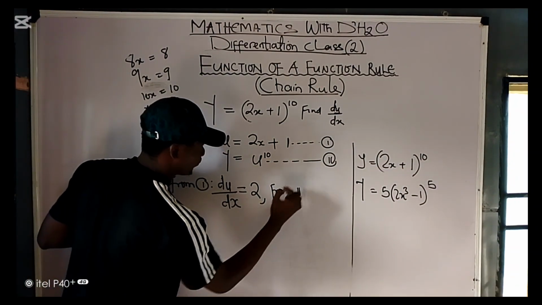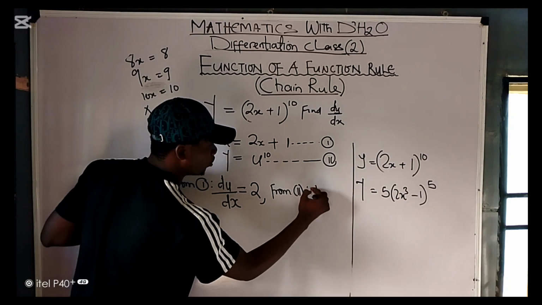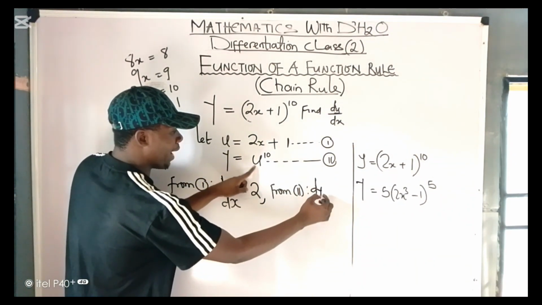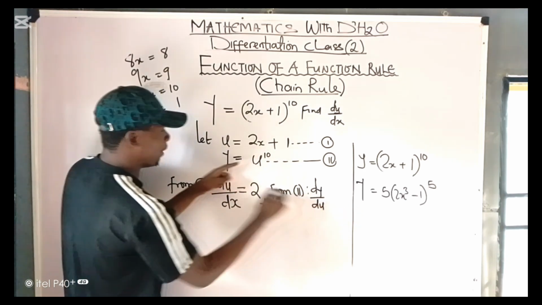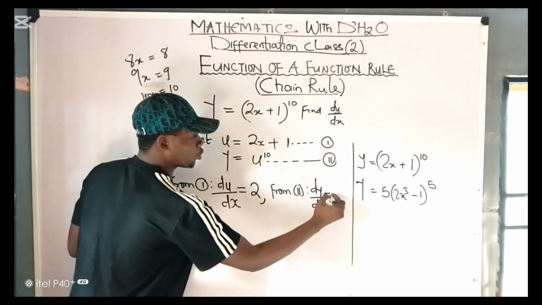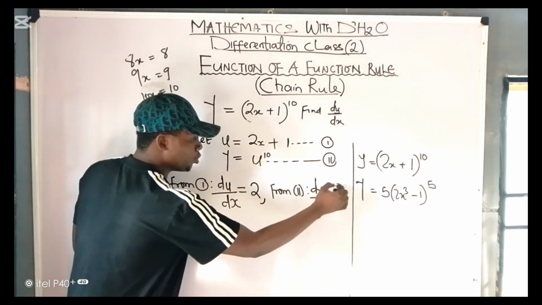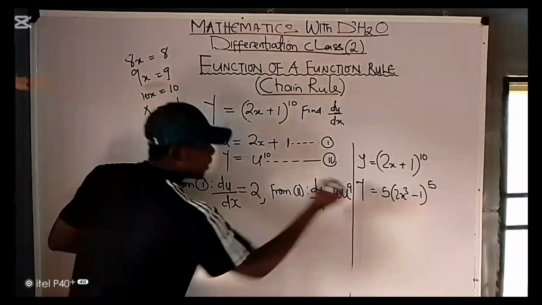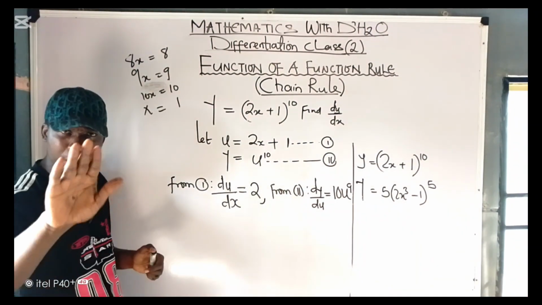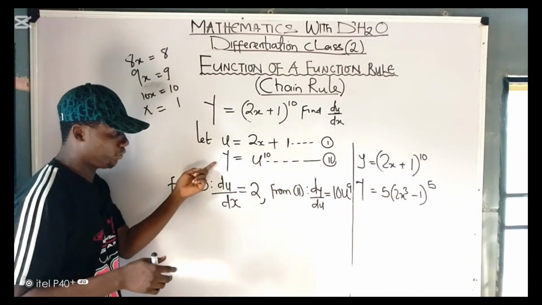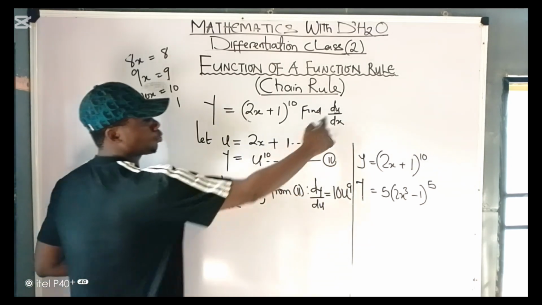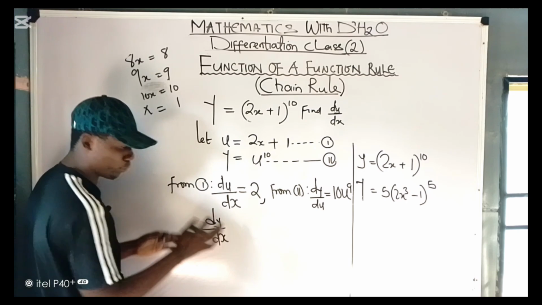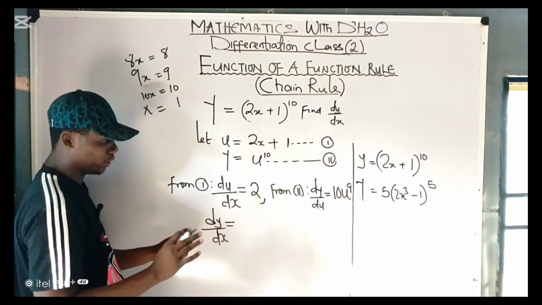From equation 2, what do we call the derivative? It's called dy over du, because what we have here is y and u. So that will give us, wait: 10 times u, you have 10u, then you remove 1 from the 10, you have raised to the power of 9. Wow. So it's quite very easy. You differentiate equation 1, you differentiate equation 2. Don't forget you are told to find dy over dx. Your dy over dx that you were told to find is equals to, watch this, the first